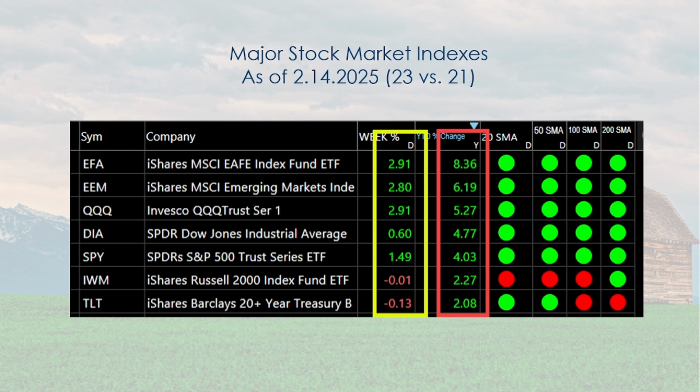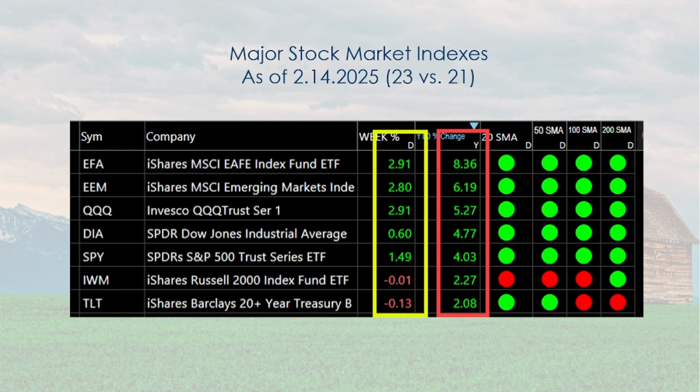In the pink box, year to date, they range, okay, so here we are, this is the 19th of February, so we're into the 3rd week. And we have equity gains of 8% going all the way down to 2%, and then even government bonds are 2% positive. And you can see the green dots and red dots to the right, and that shows that